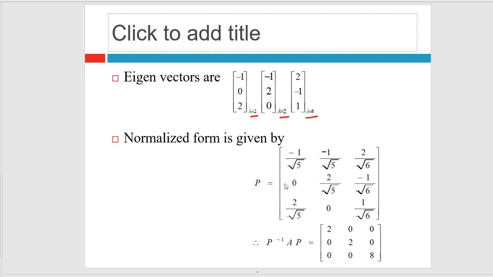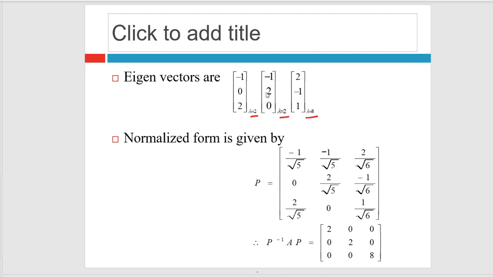Now we write down the normalized form. For the normalized form we write these in terms of this. Here minus 1, 0, 2. The square of this one: minus 1 squared is 1, 0 squared is 0, plus 2 squared is 4. Therefore the sum of the squares of these numbers is 5. We divide by the square root of this, therefore root 5. Therefore divide each element by root 5 for this first eigenvector: minus 1 by root 5, 0 by root 5, its value 0, 2 by root 5.